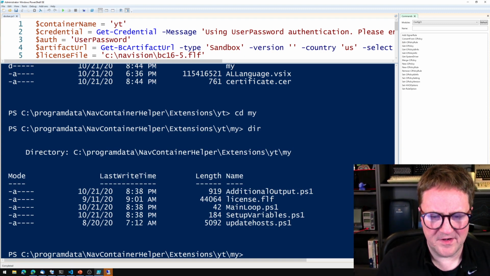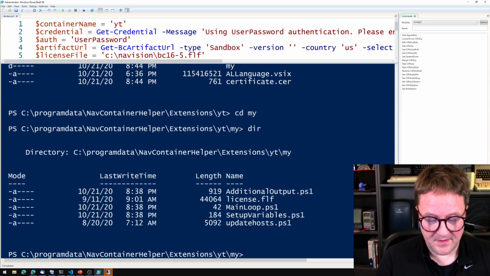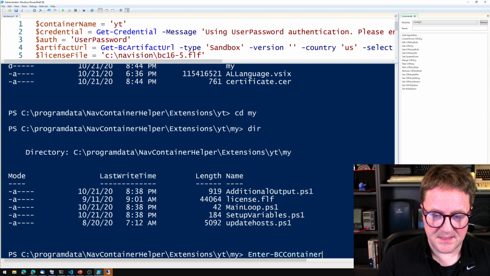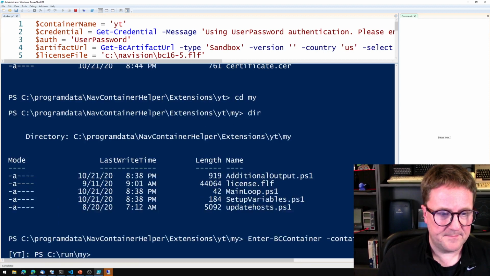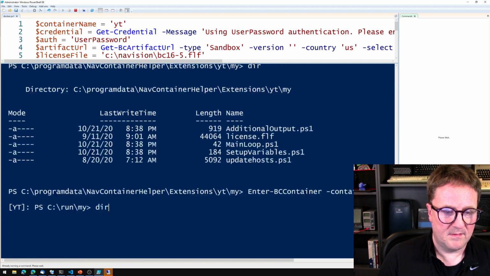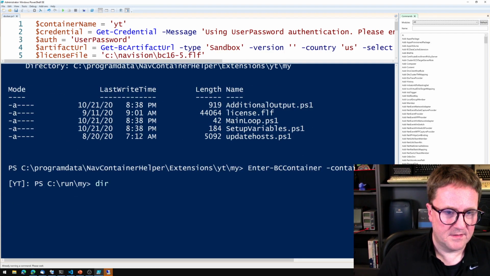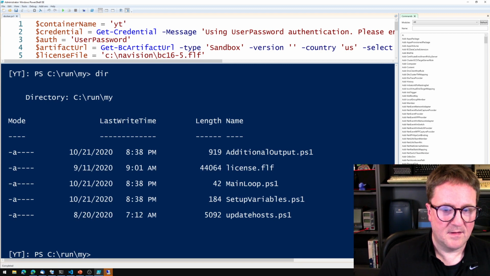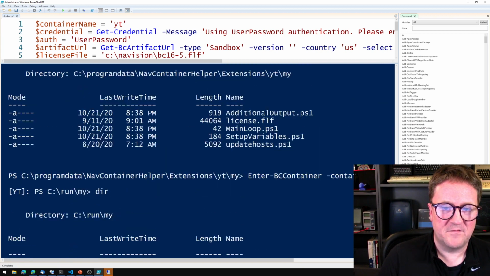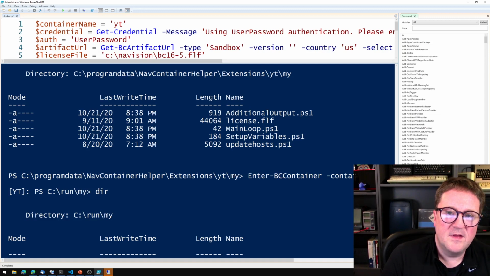Great counting skills, Eric, there are 5 files in this one. So if I go back and enter-bccontainer -containerName YT, we can see that the same 5 files are here. So this folder is actually mapped to this folder,